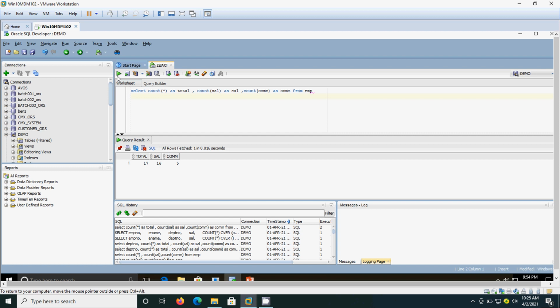For getting the total number of persons who receive the salary, we have given the salary column. We have just passed the salary column as the parameter, count of sal. Here salary is given as SAL only, so we have given the column name SAL. Okay, and then count of commission. We have passed the column name as a parameter in the count function. Okay, this will give the exact count. If you want to have the overall count of the table, you should give asterisk. This is the way you should use count as an aggregate function.